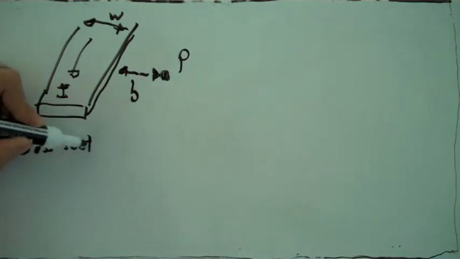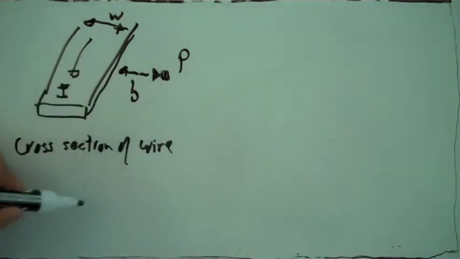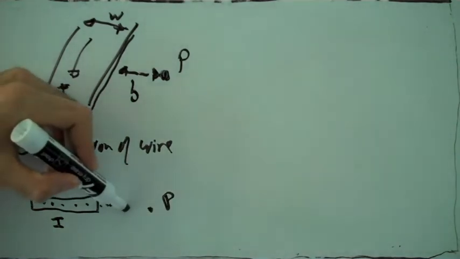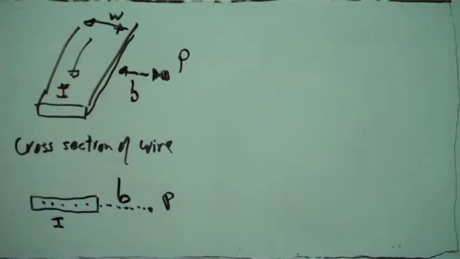wire. So a cross-section of this flat wire would look like this, with the current flowing out of the page like that. So it's a very thin but flat wire. Point P is over here at some distance B away from the wire. And we want to know the magnetic field at point P. So if we draw a coordinate system like this with the x and y axis like that, we can say,